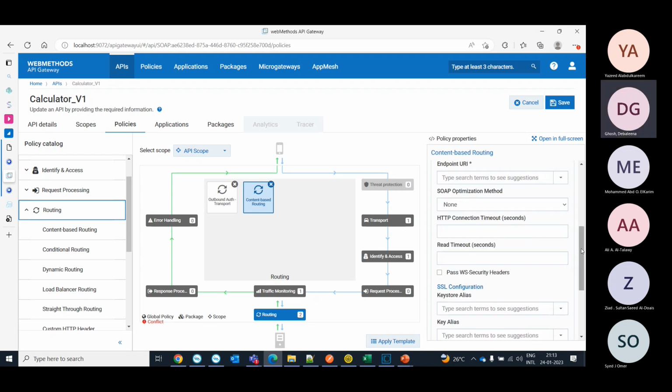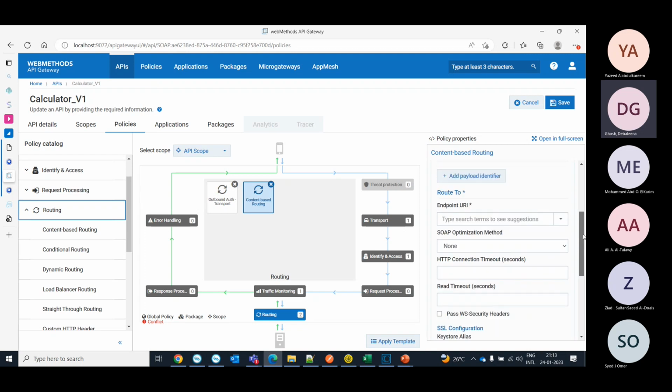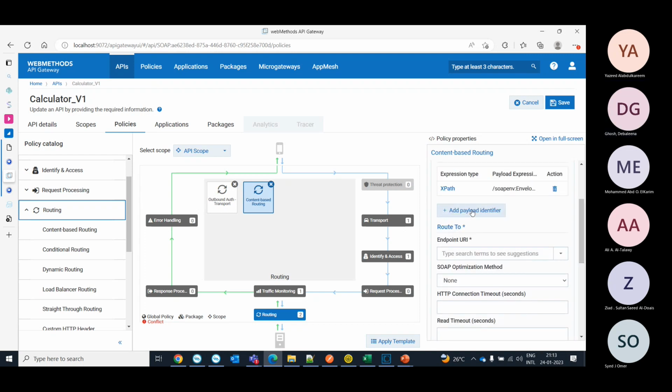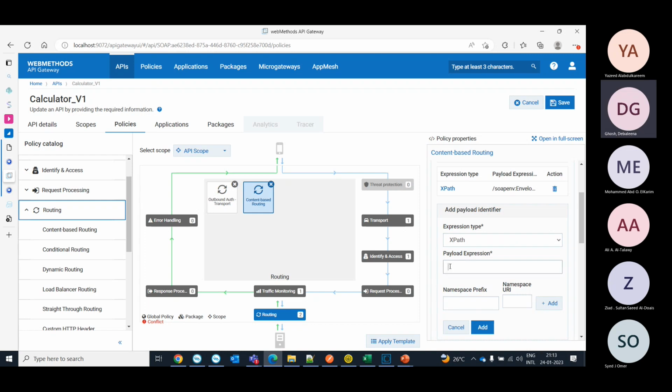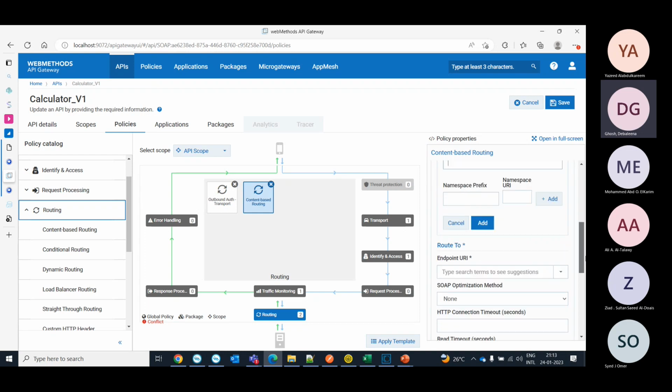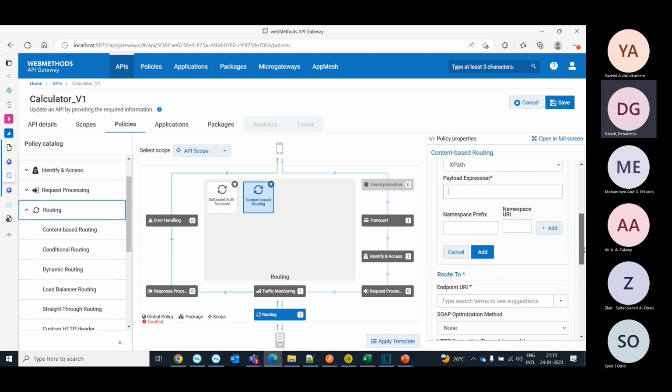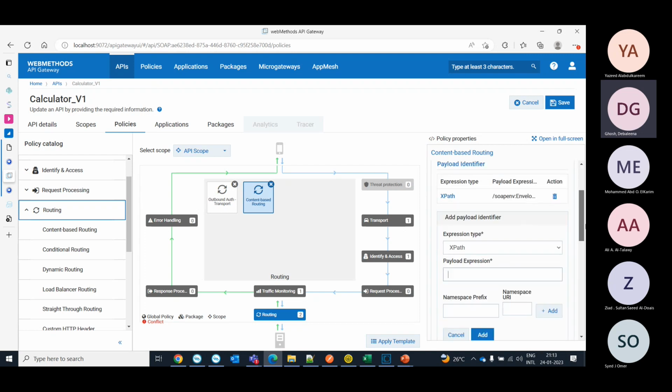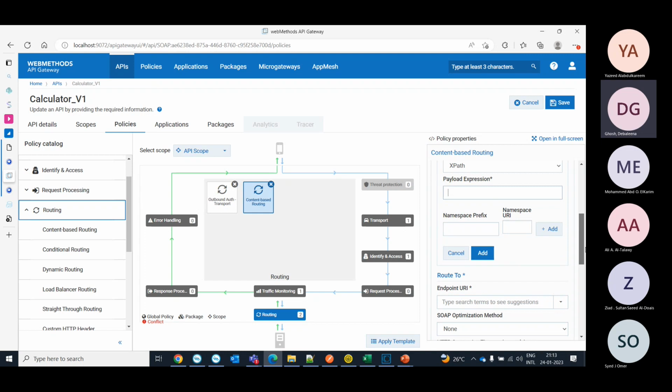Not just one, but we can identify another payload element also, we can add. So we can define several of them, and the rule will identify each of the payload elements. If one is missing, then it will throw an exception, or not throw an exception. It will evaluate the rule as false, or the rule will be incorrectly evaluated, and the request will be forwarded to the